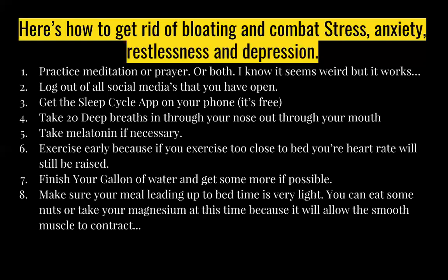And last but not least, make sure your meal leading up to bed is very light. Okay, eat some nuts, which have magnesium in them, or take your magnesium at this time, because it's going to allow the smooth muscle to contract. So smooth muscle is the muscles that are involuntary. Okay, so these are muscles that contract without you having to, like, if you pick up a weight, you have to manually contract your muscles, but your heart beats without you having to tell it to beat, and that's an involuntary muscle. And so when you take magnesium, this helps your heart rate,